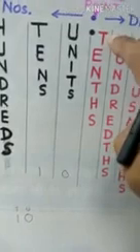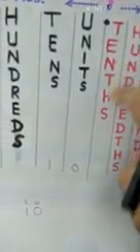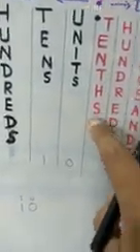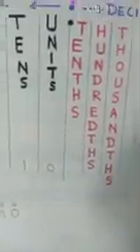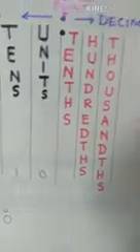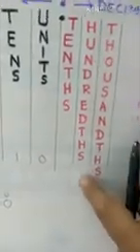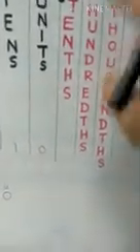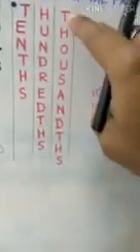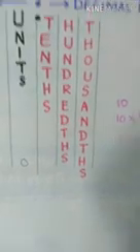Now all of you follow the spelling. Here it was tens, T-E-N-S, but here it is T-E-N-T-H-S, tenths. What is the meaning of tenths? Out of 10. That is the number of parts out of 10. Now next one is the hundredths. That is the number of parts out of 100. And this is thousandths. That is the number of parts out of thousand.